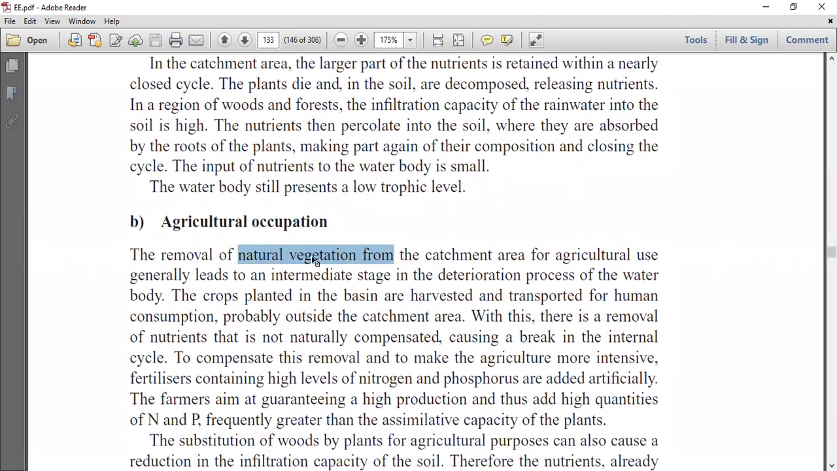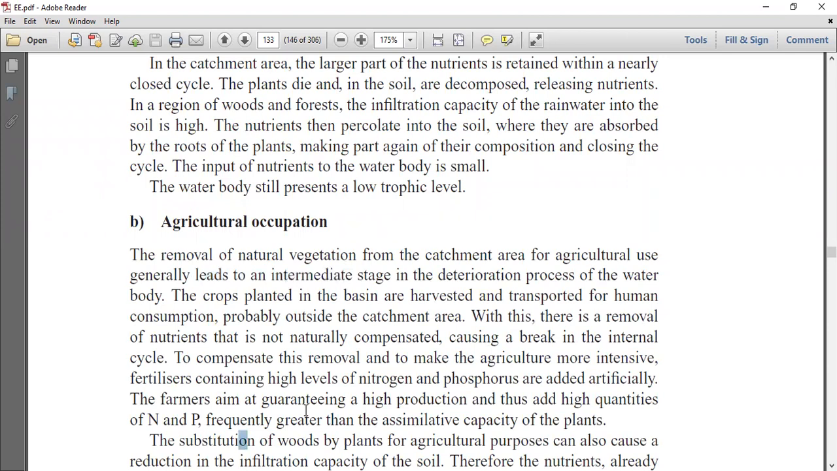Agriculture occupation. The removal of the natural vegetation from the catchment area for agricultural use generally leads to an intermediate stage in the deterioration process of the water body. The crops planted in the basin are harvested and transported for human consumption, probably outside the catchment area. With this, there is a removal of nutrients that is not naturally compensated, causing a break in the internal cycle. To compensate for this removal and to make the agriculture more intensive, fertilizers containing high levels of nitrogen and phosphorus are added artificially. The farmers aim at guaranteeing a high production and thus add high quantities of N and P,